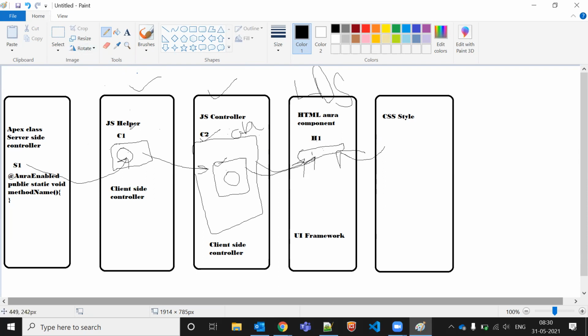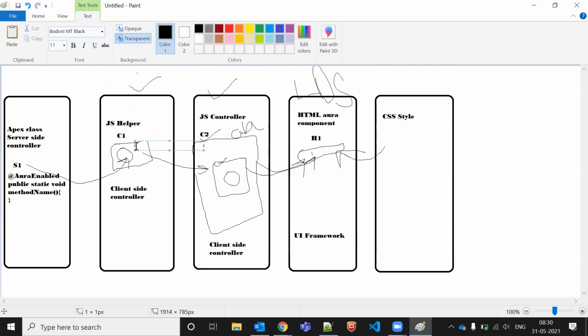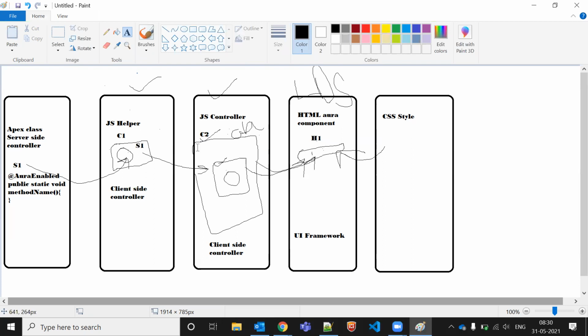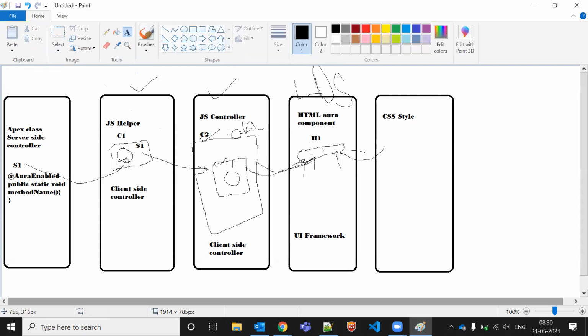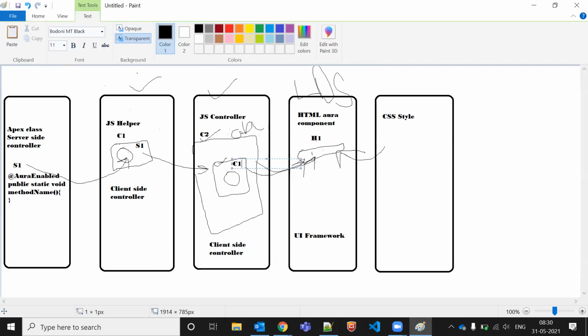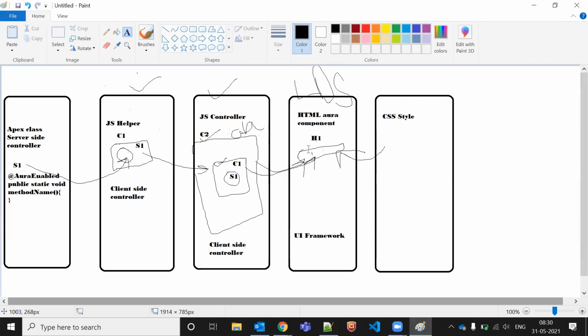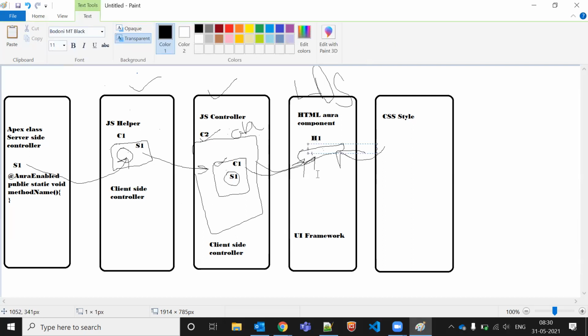So inside C1 we are calling S1. Indirectly, S1 functionality is also there. This one, we can say, is my C1. Inside this we have S1, and here we have H1, then C2, then C1, and inside this S1.